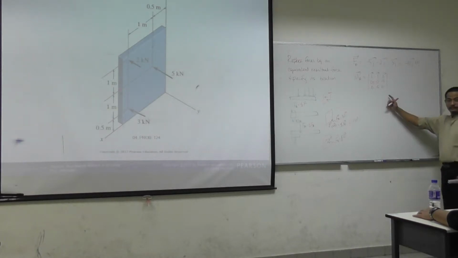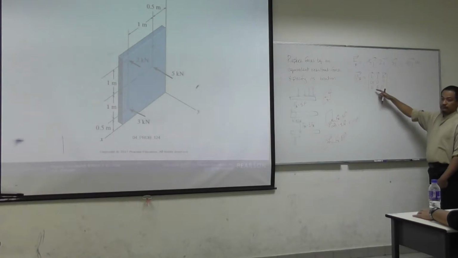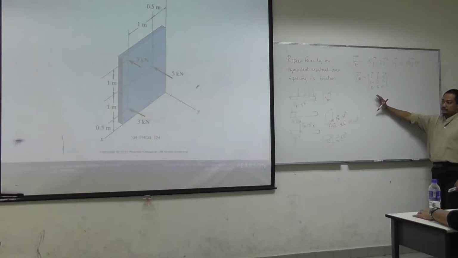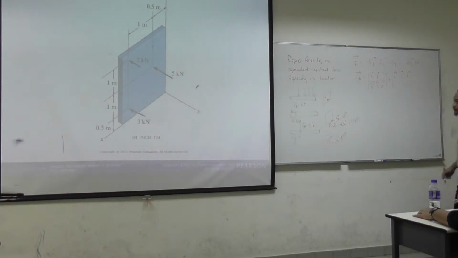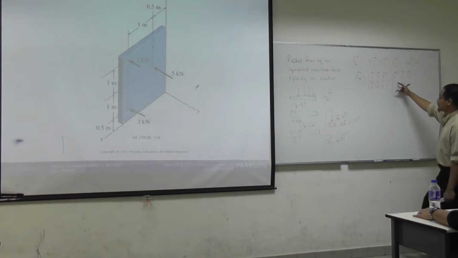Anything not clear? This is just R cross F. As you will just apply the moment about the point, right? R cross F. Then plus IJK for the 2 kilonewton. Then R will be